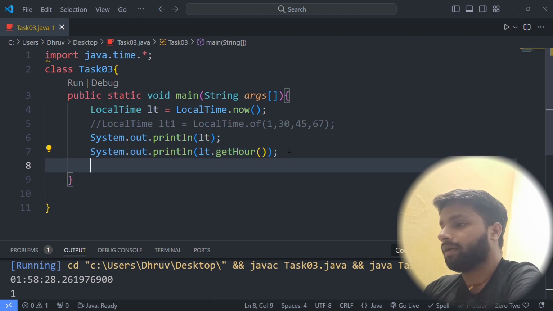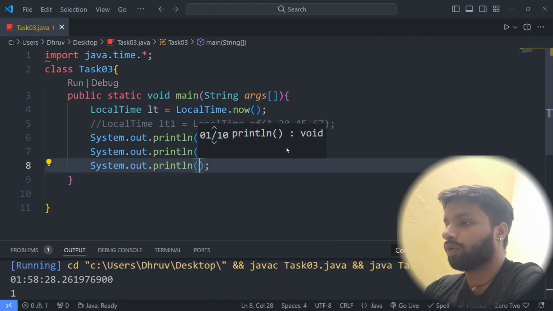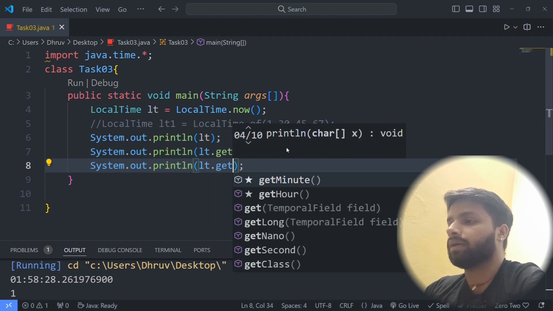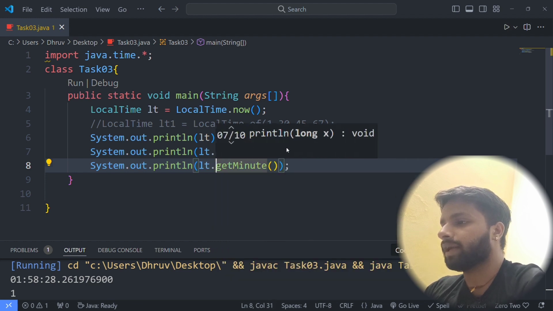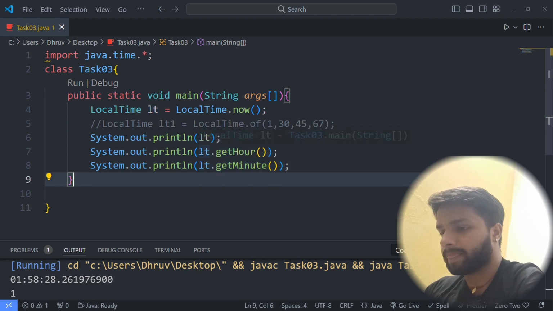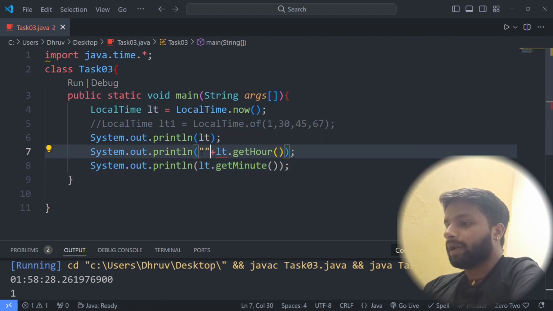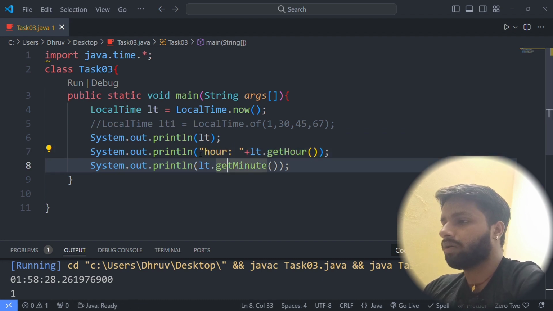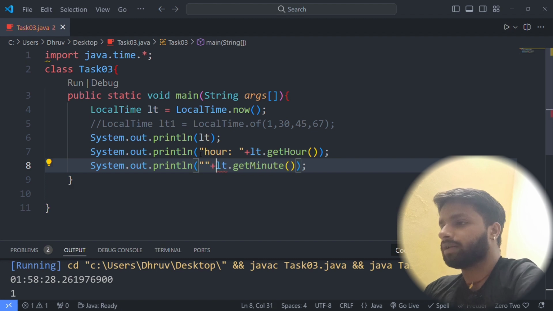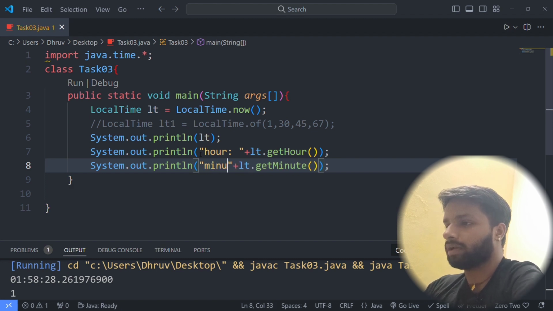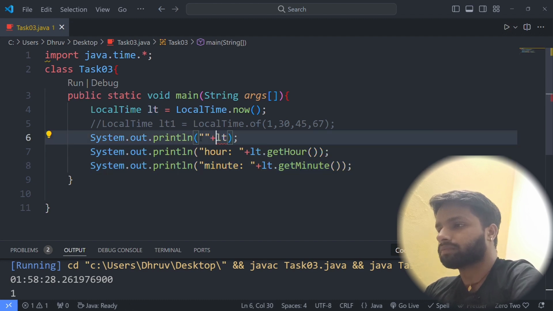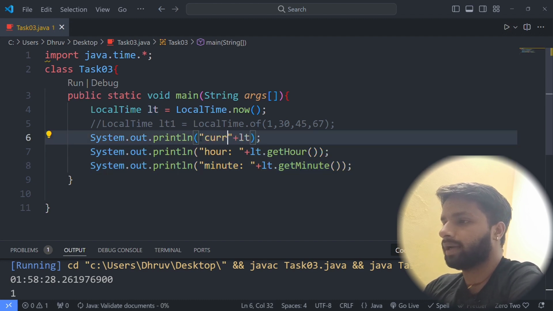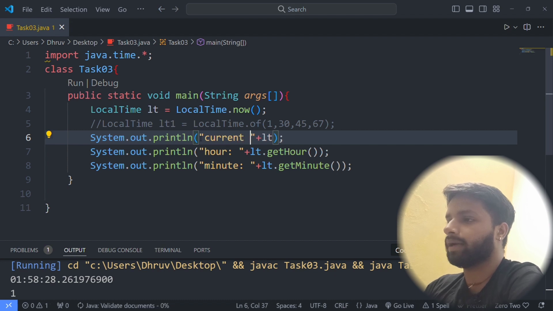Like this I can get the minutes: lt.getMinute. Let me write labels here so it is clearly visible: hour, and minute.